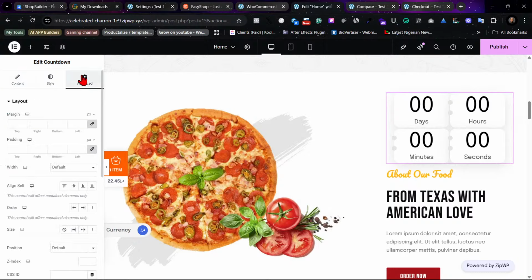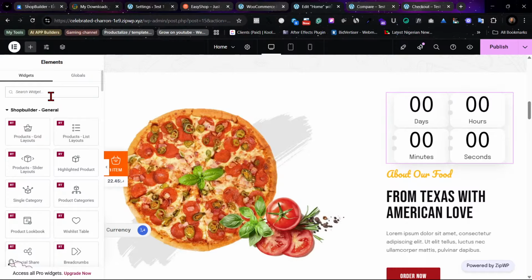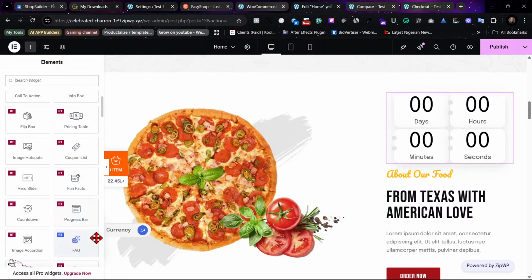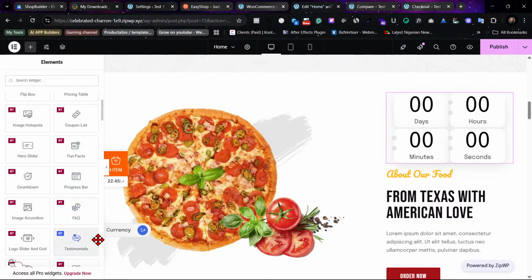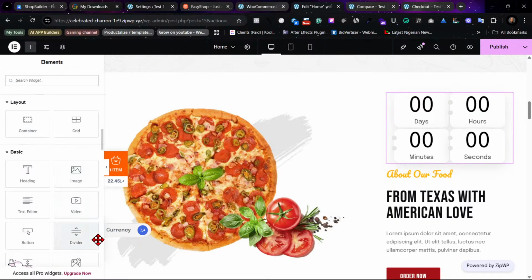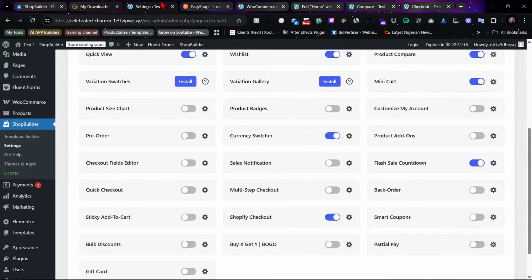Okay, so let's say general product countdown. Let me see if there's a product countdown here. I think product countdown and normal countdown should be different. I think so, should be different. Okay, so that's that on this side. Let's see any other thing that we feel like